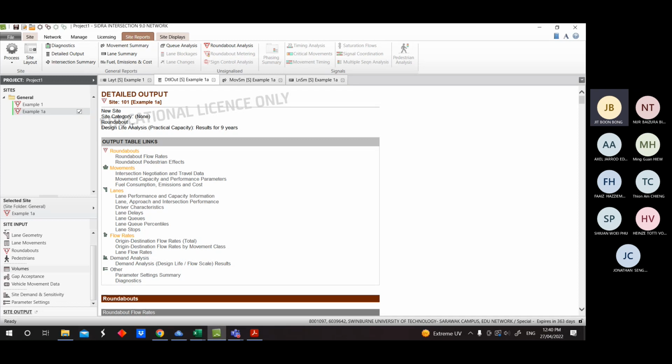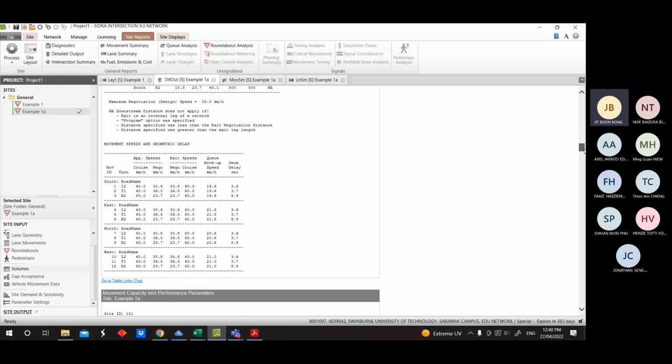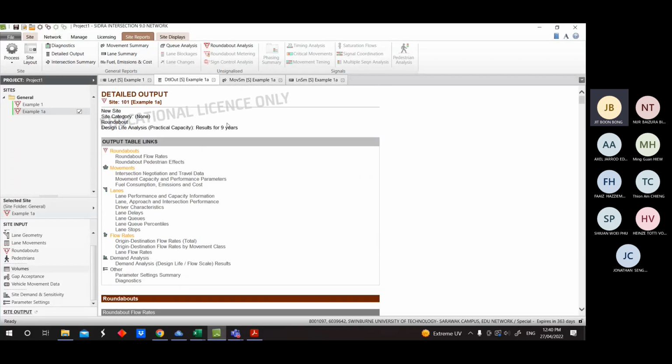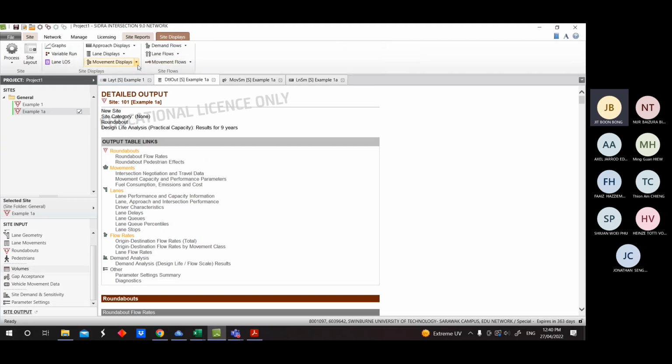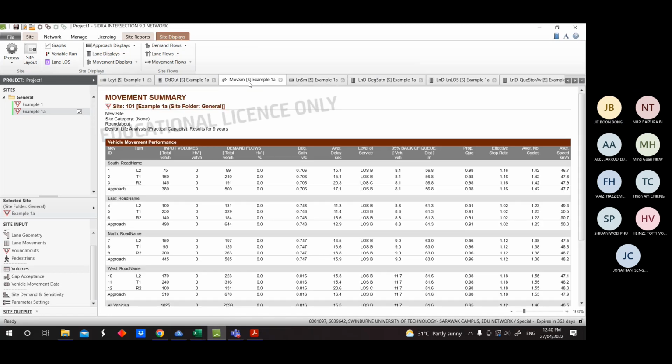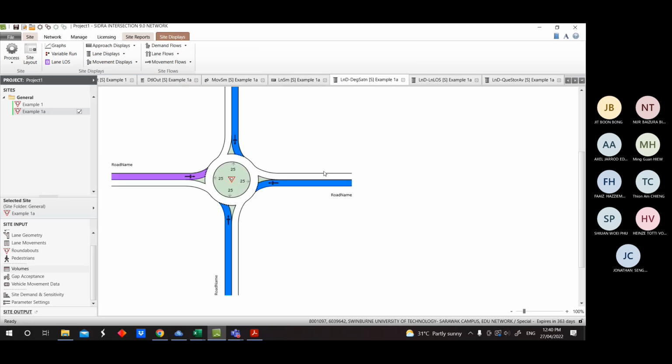Okay. So if you see, all this is in text, in numbers, because it is a report. But let's say you want to have a graphical presentation of your data, you can click on slide display, and this is where your beautiful graph comes in. Okay, let's say you click on length. Yeah, you can see that